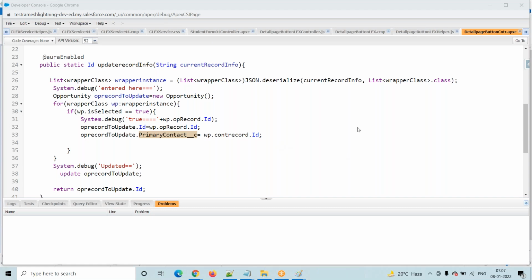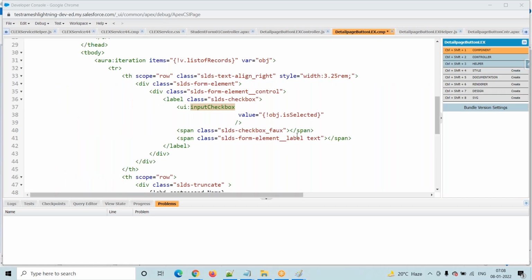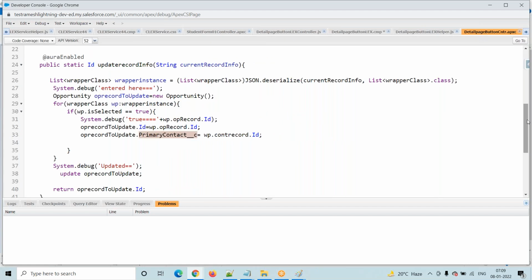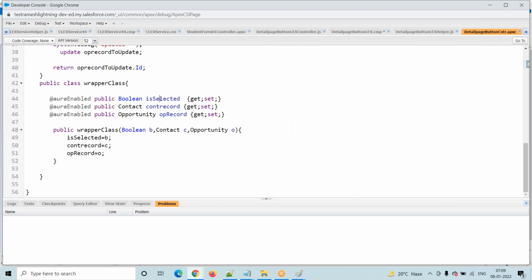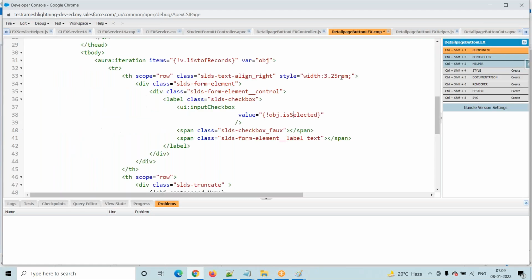This is for today. This conference will now be recorded. This tag generally throws a checkbox. In the checkbox, we have one wrapper list, and that list we have to connect. So in the wrapper list, what is there? This is selected, right? Whatever value is there, you have to print. That's why I'm using value equal to obj dot selected. Obj is nothing but the wrapper list reference.